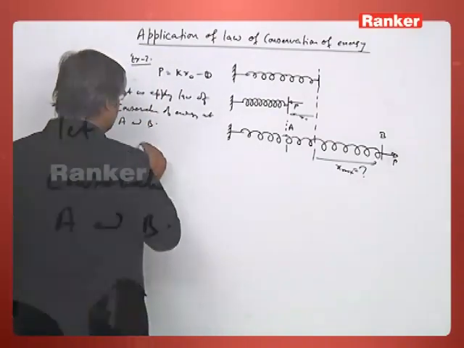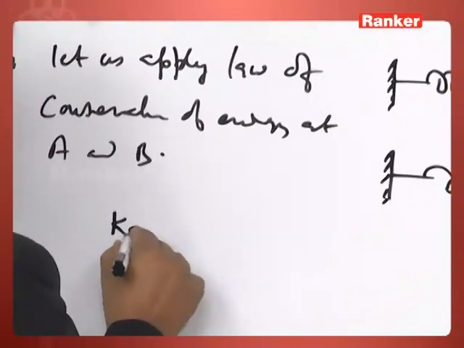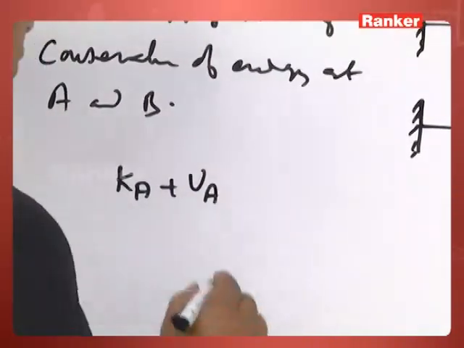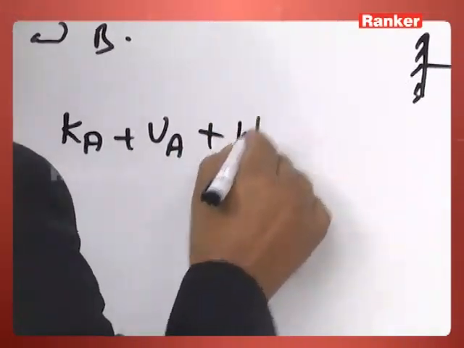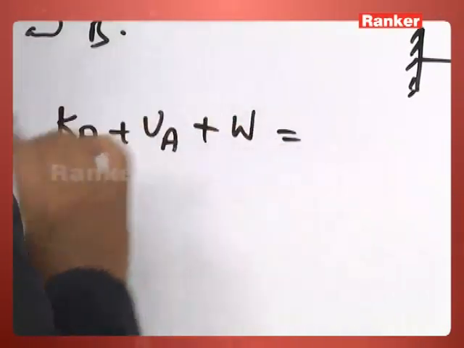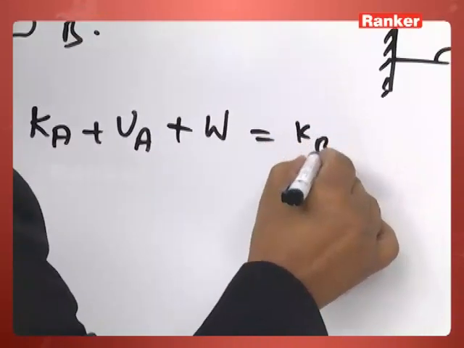So we have initial kinetic energy at A plus potential energy at A. Since there is work done from A to B, that work W is equal to KB plus